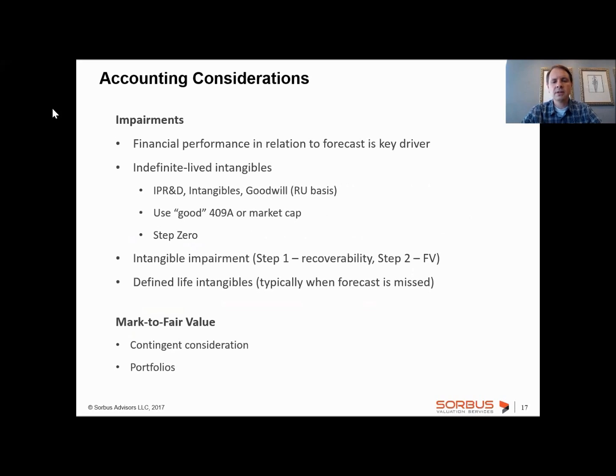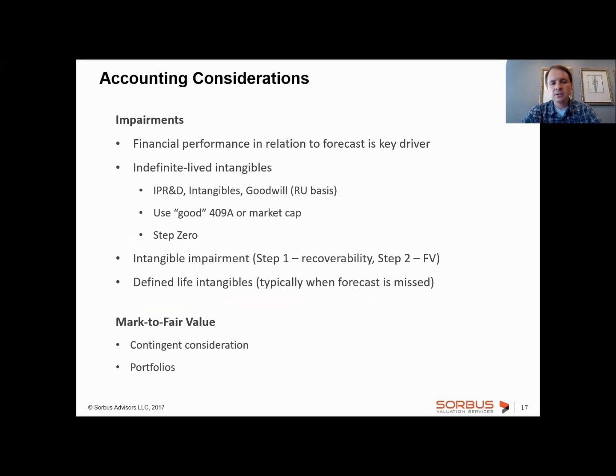So there are several areas where the purchase price allocation analysis remains relevant from the accounting standpoint. We're only talking about accounting right now, right? The first place to look, of course, is impairment studies. Every time you deal with any kind of intangible that has indefinite life, and that could be in-process research and development, it could be trademark, it could be goodwill. Well, goodwill and IPR&D are always indefinite life intangibles. So those have to be tested for impairment periodically.